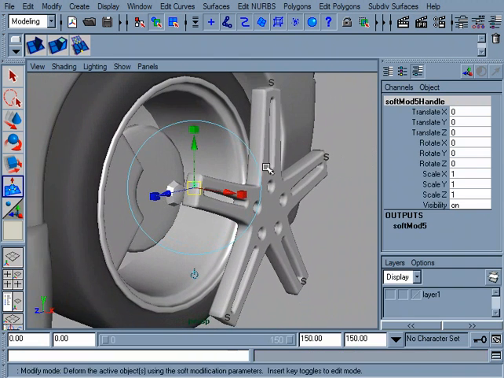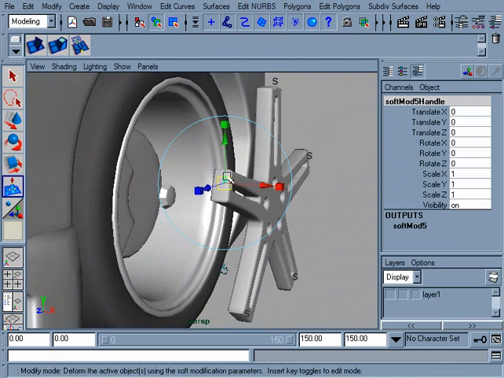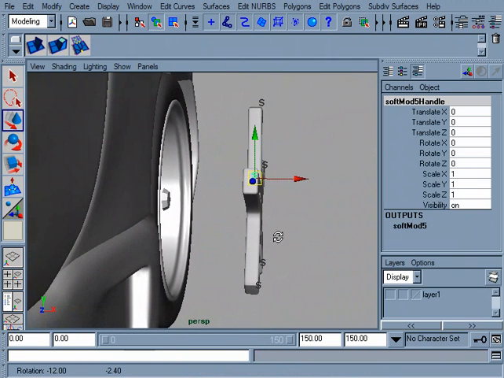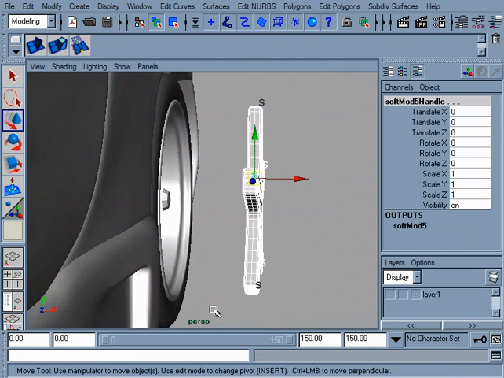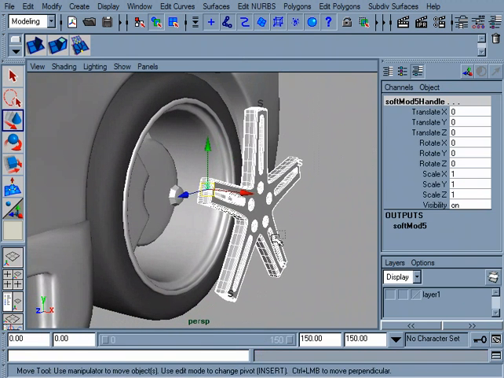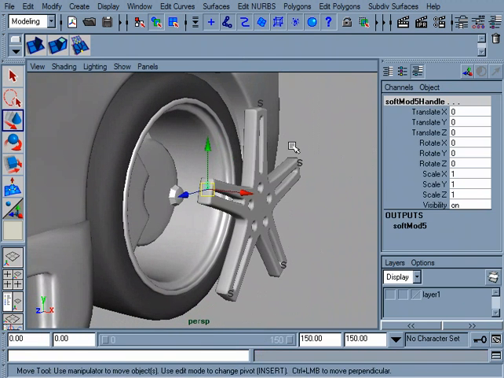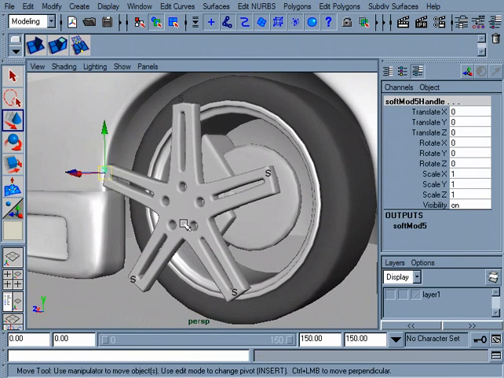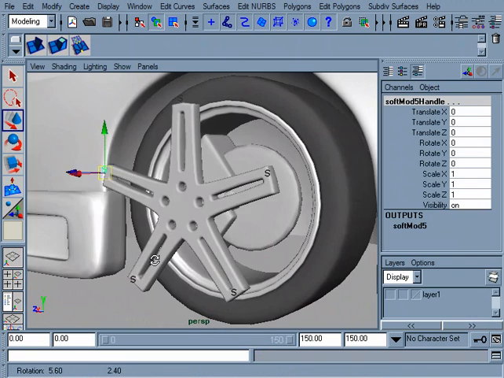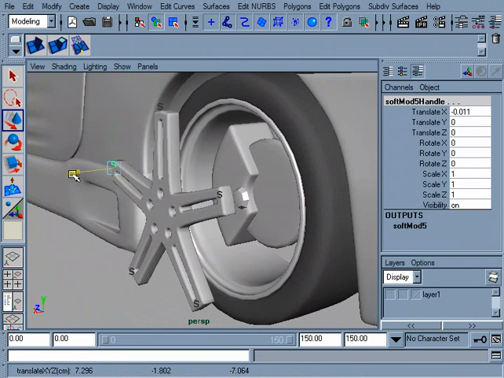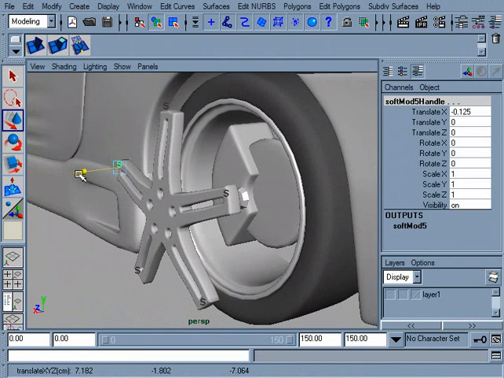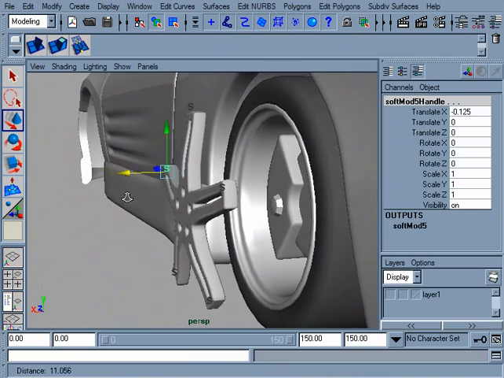And now every place that this little S remains is a soft modification point. So now what we can do is select all of these points at the same time, and just to make this a little easier, I'm just going to select everything and then control click my central rim to deselect it. So what I'm left with is now all of these soft modification points selected. And with all those selected, we'll just pull these back just a little bit,